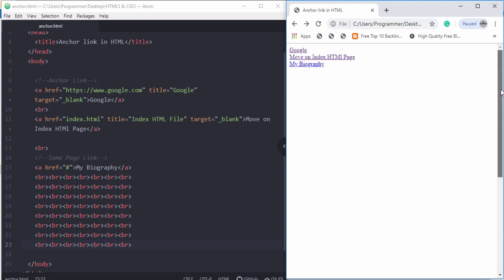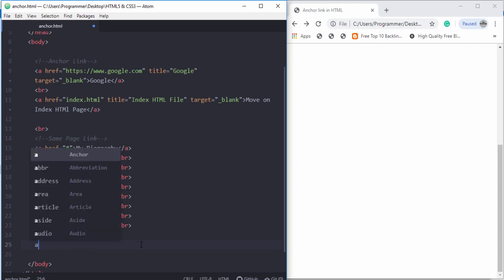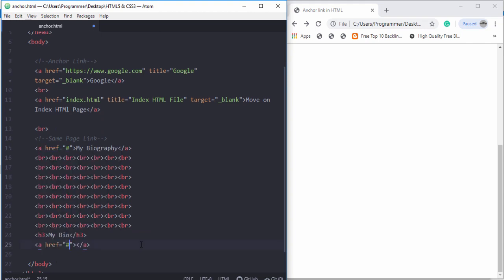Okay, and when the user clicks on this link, my biography, they will be redirected to the same page but further below. So I just need to write a heading tag. You can write any name, any heading tag. I'm going to use my bio, and then I'm going to use an anchor tag, but I remove the href and change the name. Write the name, for example, bio,